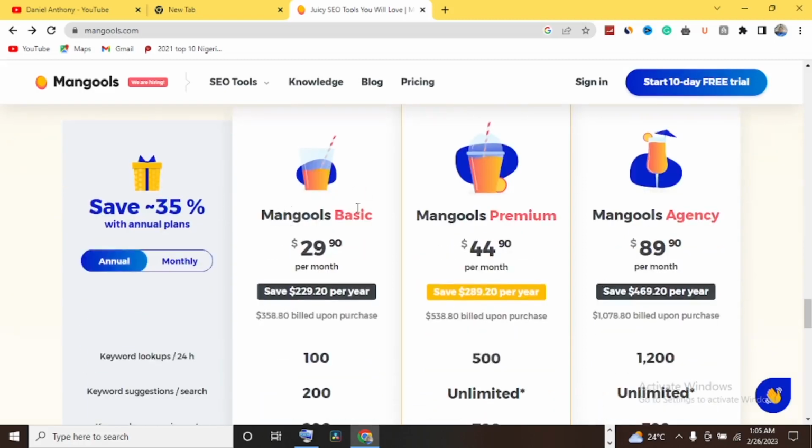So as you can see, the Mangools basic plan per month is going for $29. Then the Mangools premium plan per month is going for $44. Then the Mangools agency plan is going for $89. If someone you recommend Mangools to finally purchases the agency plan, the premium plan, or the basic plan, this is the amount that this person will have to be renewing